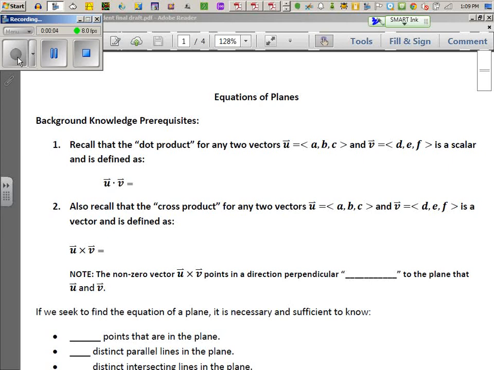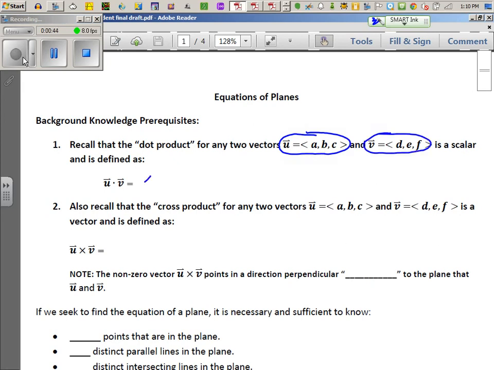Okay, so to understand the equations of planes in 3D, well, planes are always 3D. You always draw planes in at least a three-dimensional space. But if you're going to understand them, you really need to know something about vectors, because it's super hard to study surfaces without vectors. It's very, very difficult. All right, so the first thing you have to understand is how to do a dot product. You have to know how to do a dot product,